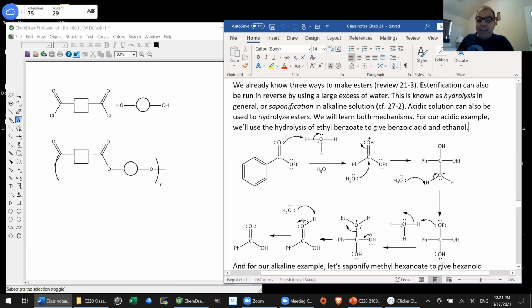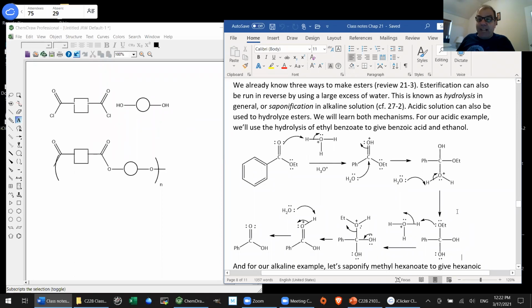And the reason we need to do that is because we need to lose our alcohol as the leaving group, just the reverse of the process of forming the ester. And we can't do that until you protonate it. You can't lose ethoxide ion in acidic medium. No way. Same reason as before. Ethanol probably has a pKa around 17, 18, somewhere in that area. And if, again, we're at pH 1, we're many, many, many orders of magnitude beyond where we can rationalize showing